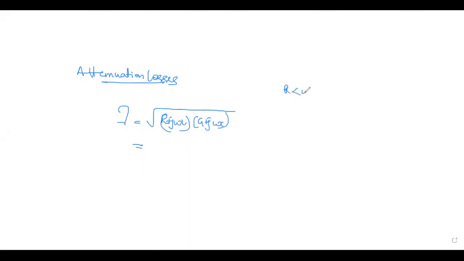You'll be considering the condition for a lossy medium, that is G is lesser than omega C and R is lesser than omega L. I'll not be deriving the equation again because we have already derived it in module 1. Write the equation directly for both the cases. That is what you have found out, alpha and beta, the attenuation constant as well as the phase constant. Usually the derivation is not asked here. You will be doing the problems.